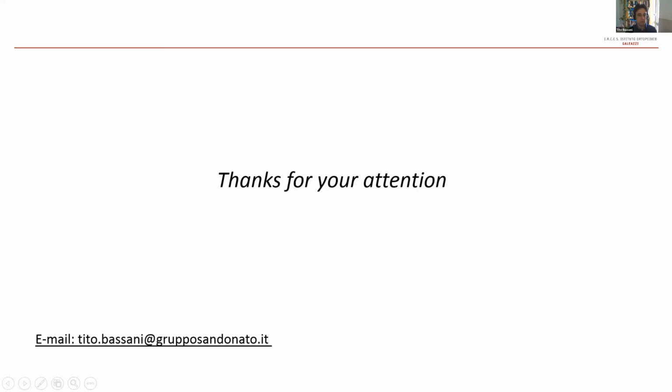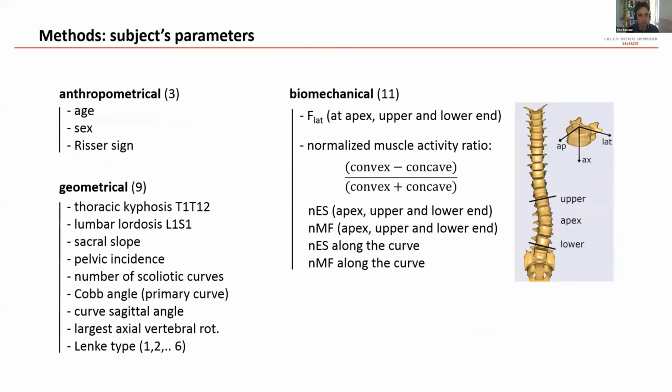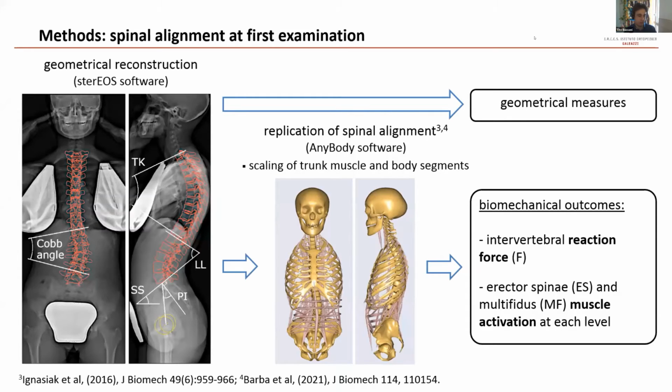Well, if I correctly understood the question, it is about considering how muscle parameters could be in healthy subjects compared to scoliotic ones. Is that correct? I believe so. Okay. As regards the musculoskeletal models, we scaled the cross-section area of the trunk muscles by accounting for reference values depending on age. And in my opinion, the only difference here is about the activation between the convex and the concave side. So we found in preceding studies,